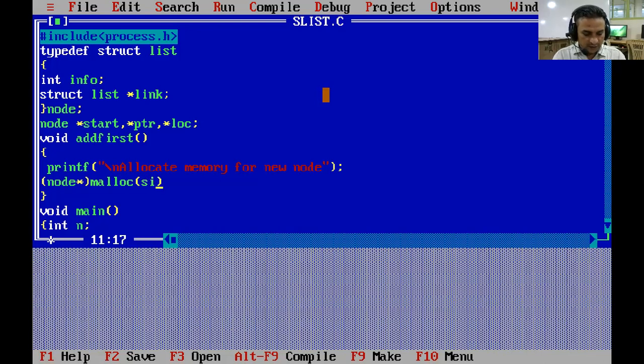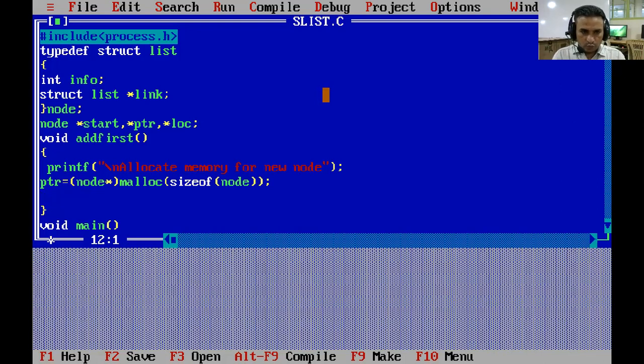So we have to write here sizeof operator, which will calculate the required memory bytes for creating a node, and malloc function will return the address of created node. So we have to assign it in variable ptr. So the address will be stored in ptr variable.